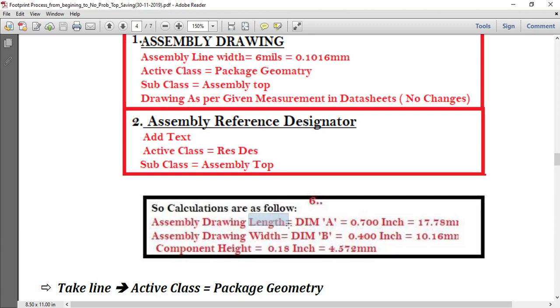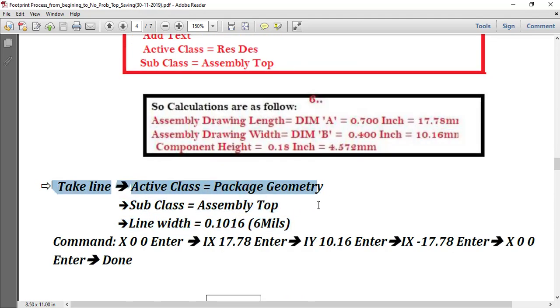First we require length, and then we require width. What is the length? 17.78. Width is 10.16. The steps: take line, class, active class will be package geometry, subclass will be assembly top.